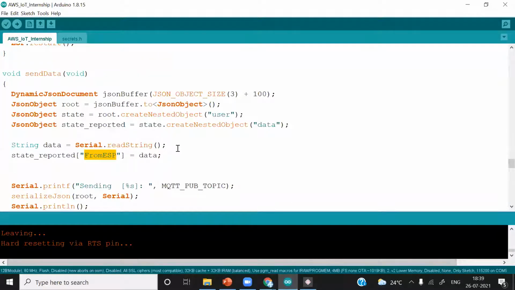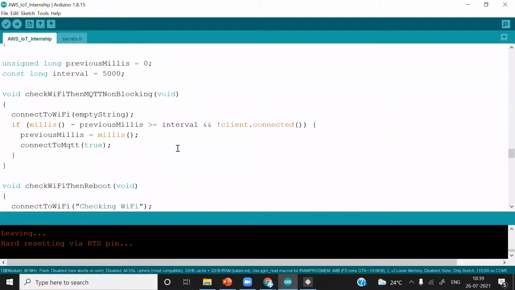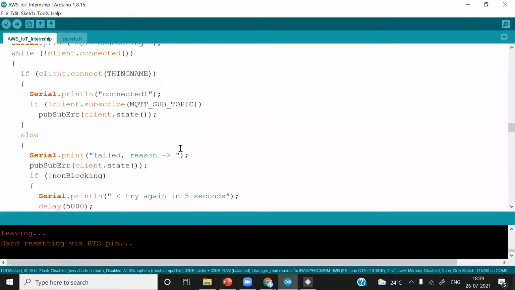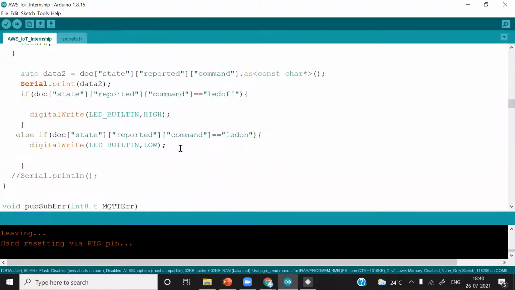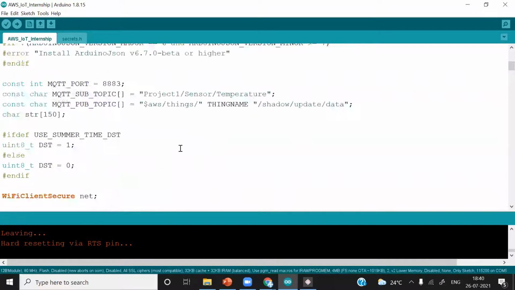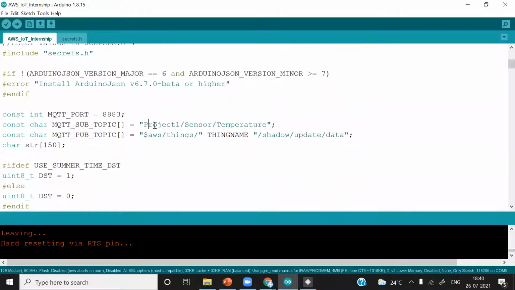So ESP8266 is subscribed to which channel? You can see here, project sensor temperature. So it will only receive data from this topic, the subscribe topic. So whenever you are sending some data to ESP8266, you must send data over this particular topic.